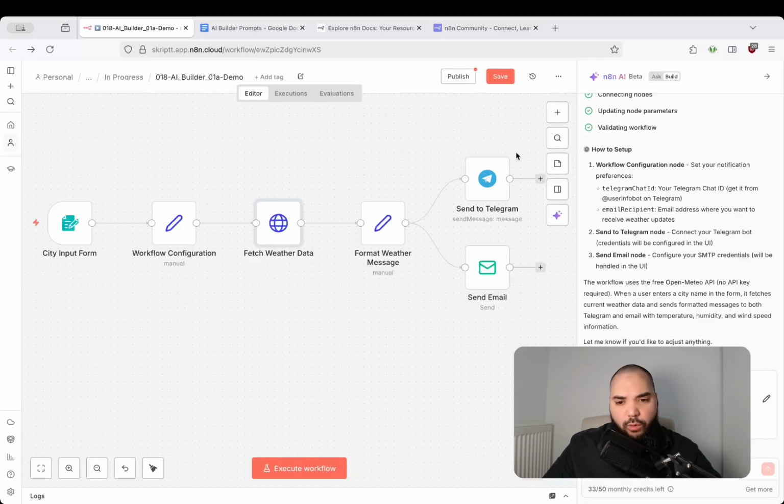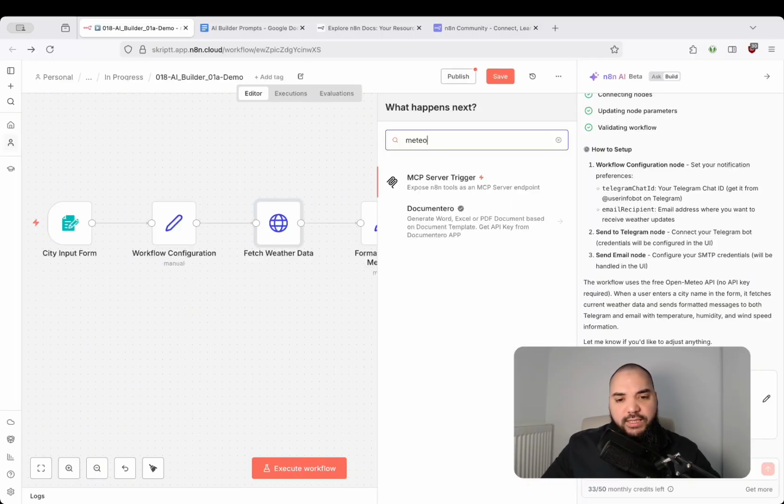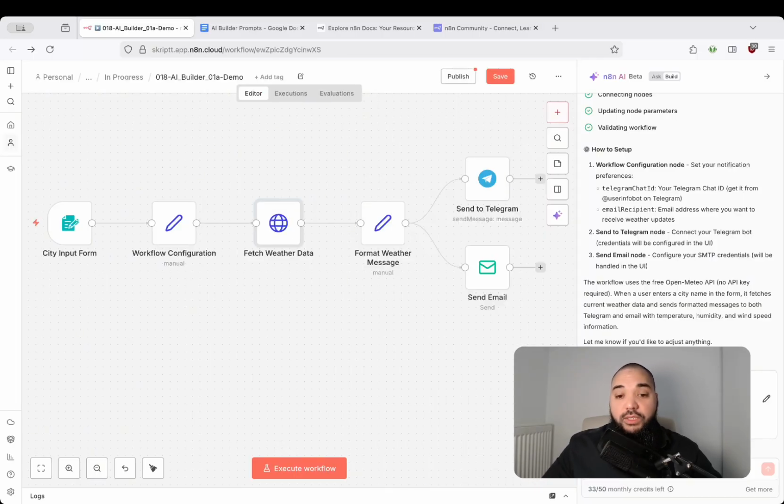And if I look for OpenMeteo, you can see that there is actually no native integration, which does make sense then that it is choosing a manual HTTP request to that specific API, because this is what we told it to do. I would have been skeptical if there was a native node for OpenMeteo within n8n, because I would have expected it to use that one, but apparently there is not that specific service. So we need to make a manual